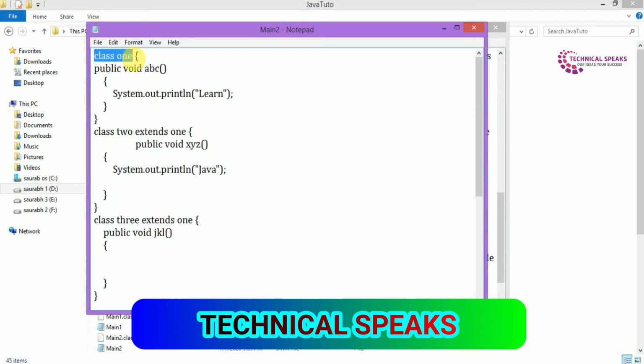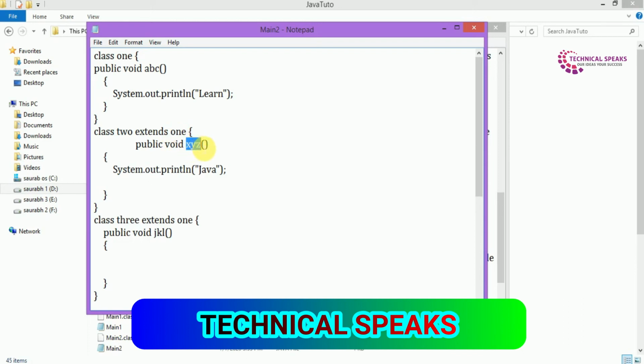Class 1. Here we create a class 1. Public void abc, System.out.println("learn"). Under the method abc we want to print learn. Class 2 extends 1. Here we create a class 2 which extends 1.